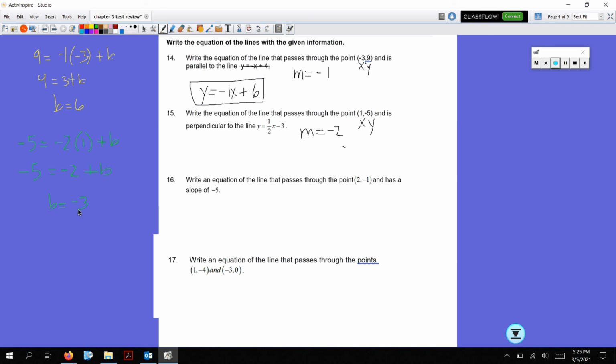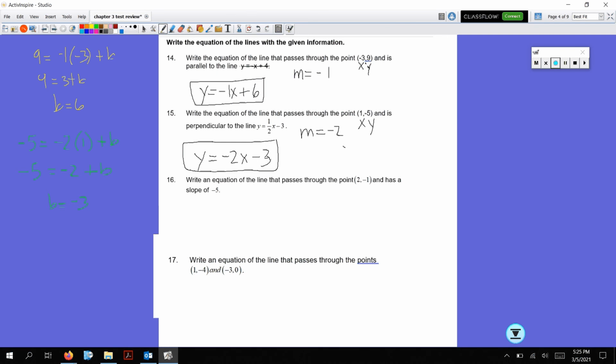Now I have my b, I got my m. I'm just going to write my equation of the line. Y equals -2x minus 3. Easy peasy lemon squeezy. All right, number 16, write the equation of the line that passes through the point and